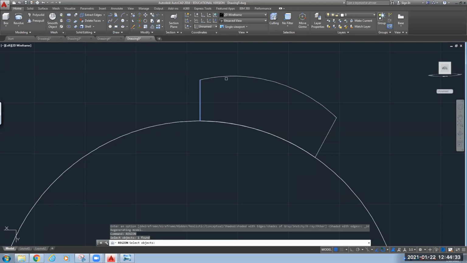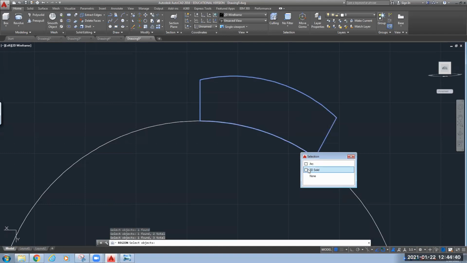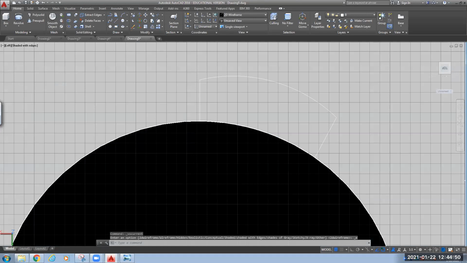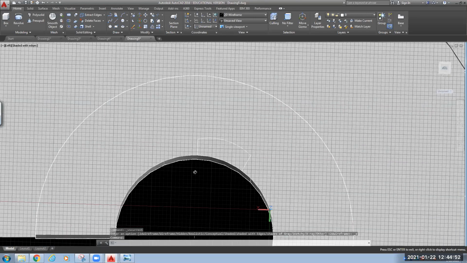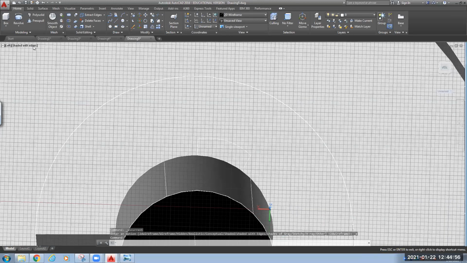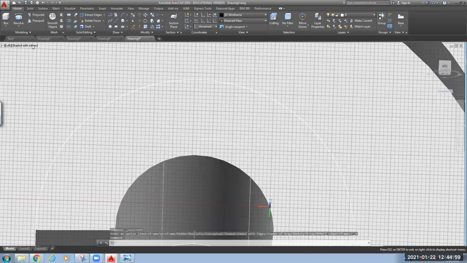One line, another line. And press enter. One region is created. Now let's see how it is looking. Now you can extrude that surface.